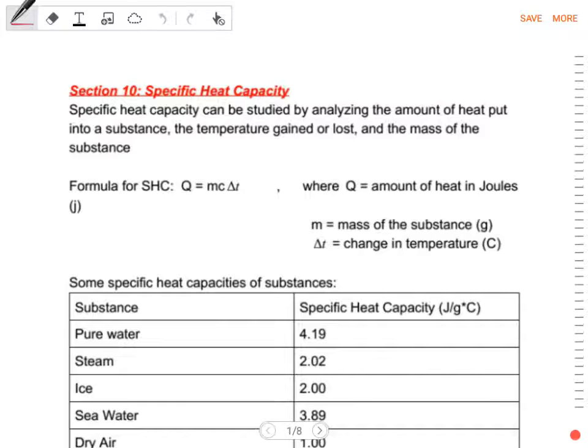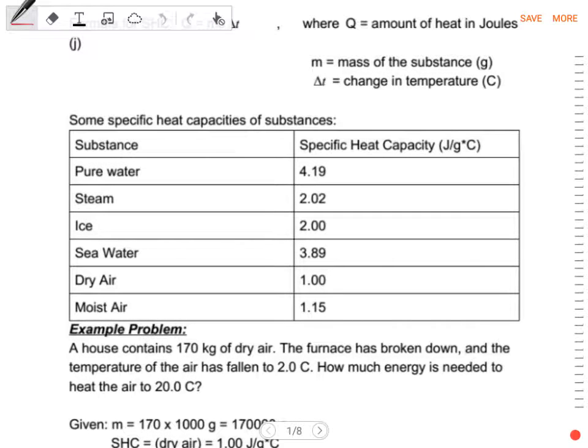So what we're talking about here is specific heat capacity, and the formula is Q equals mc delta T. Q is the amount of heat in joules. M is the mass of the substance in grams, and change T is the change in temperature in degrees Celsius. Now, these values right here that we have are very important. These are the specific heat capacity values for various substances. Now, these values will always be given to you, but we have to refer to them when we calculate some